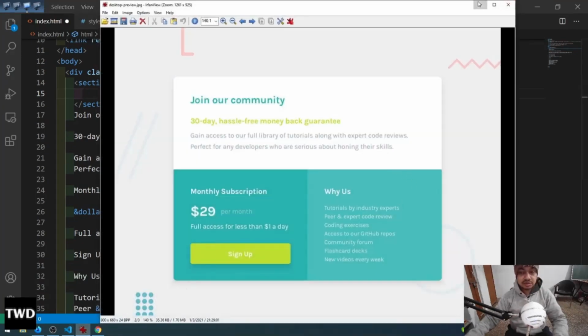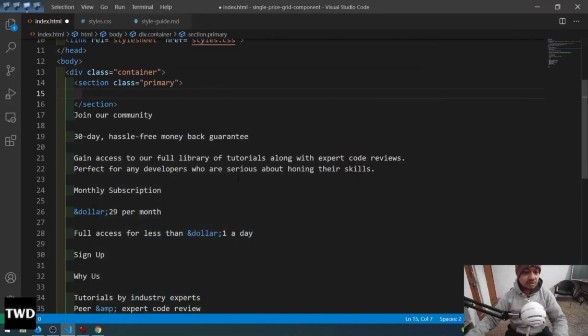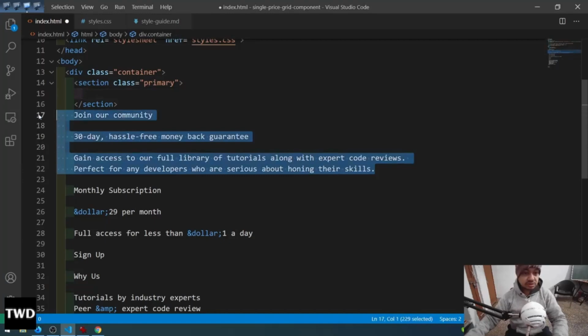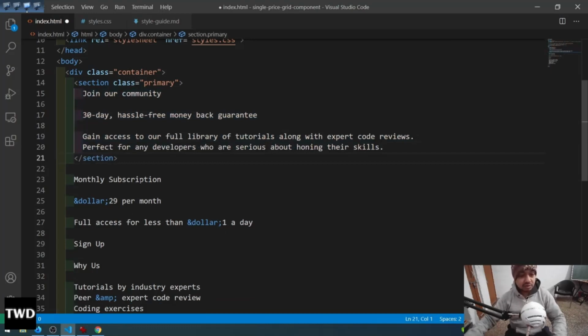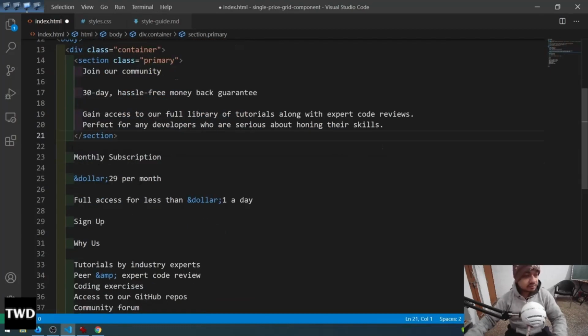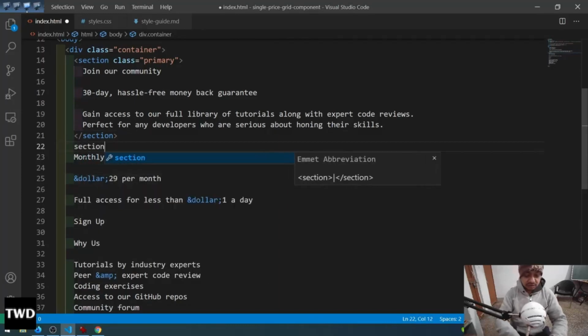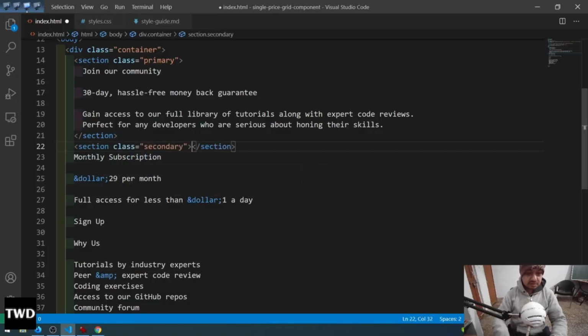There is skills, yeah, skills is this much. This is join the community. Let me move it up with alt up arrow. Alt up arrow you can move anything. Then section dot secondary